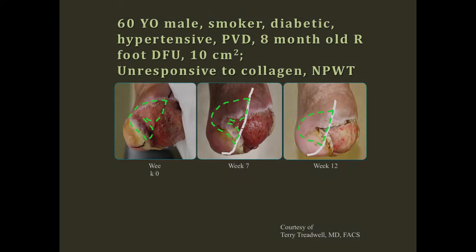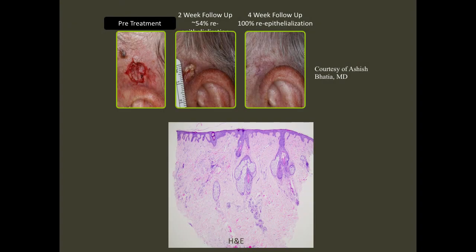In chronic wounds, this is a diabetic foot ulcer. The area in green was treated with these fractional full-thickness skin grafts, and you could see how that part healed while the rest of the wound remained unhealed. And here's for surgical wound healing. This is a Mohs defect. About half of the wound had healed by 2 weeks, and by 4 weeks completely healed, faster than what might